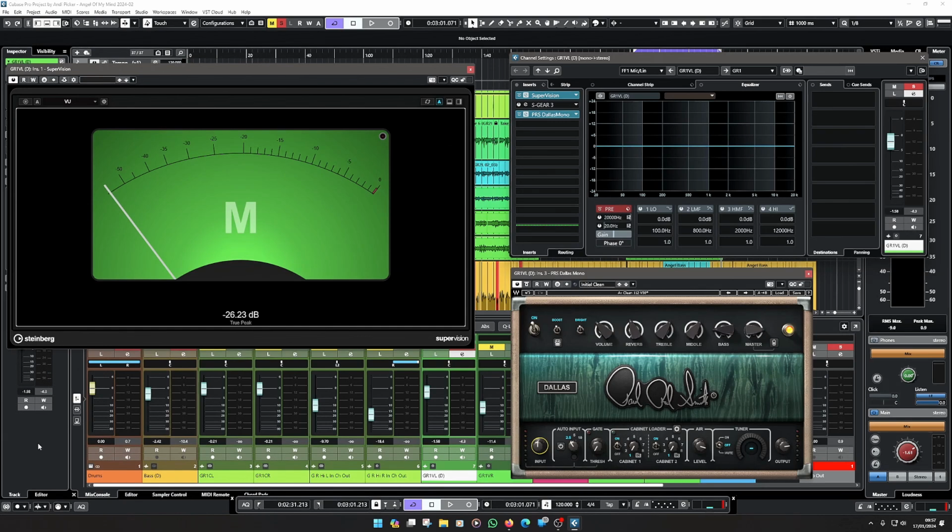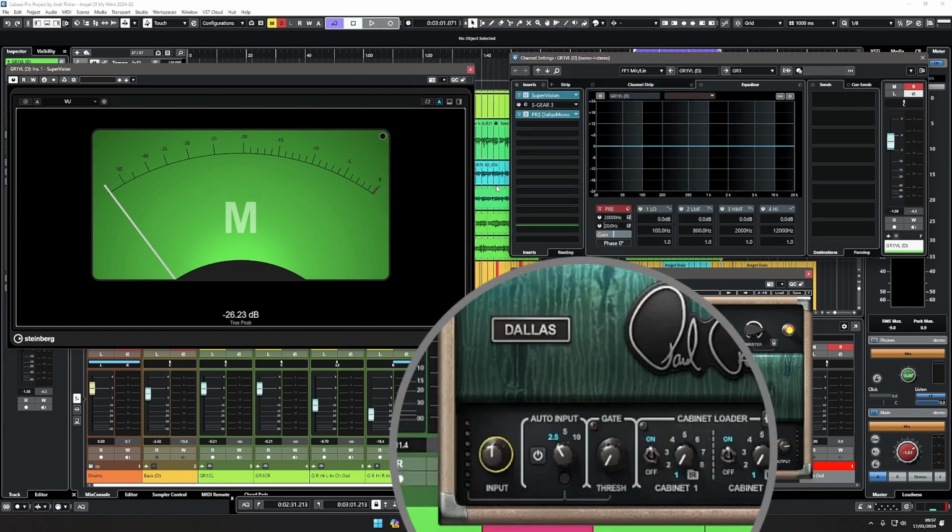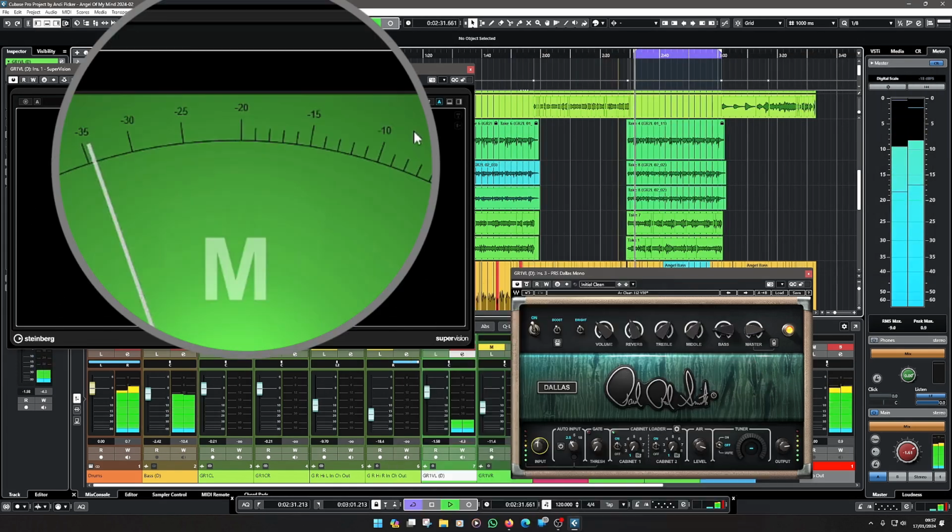Right, so what I've got here is a Cubase project. I've got a segment of a guitar track loop, and I have put a VU meter as the first thing on that track. And in the actual recording, I'm using Scuffer Mesky, which is probably about my favorite amp sim. But I've actually fired up the Waves PRS Dallas sim on here simply because it's got an auto input function on it, which I thought would be a bit of fun to have a look at. So if I start this playing, what we're going to see is